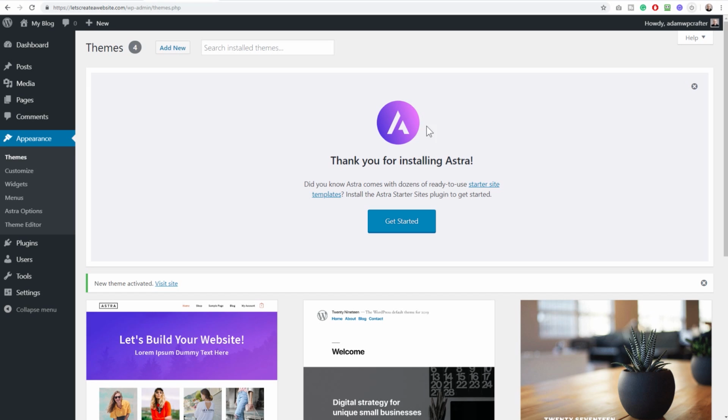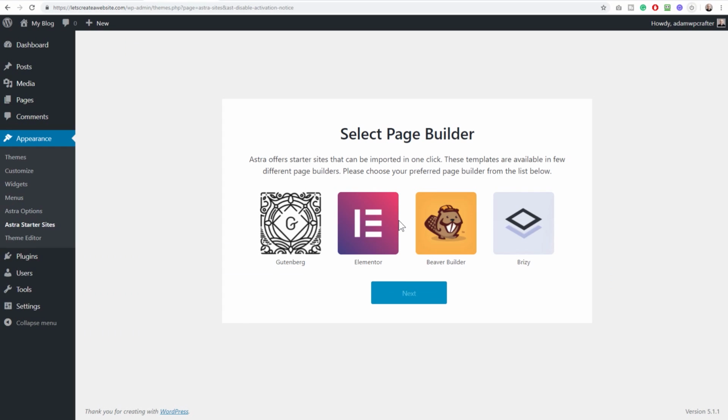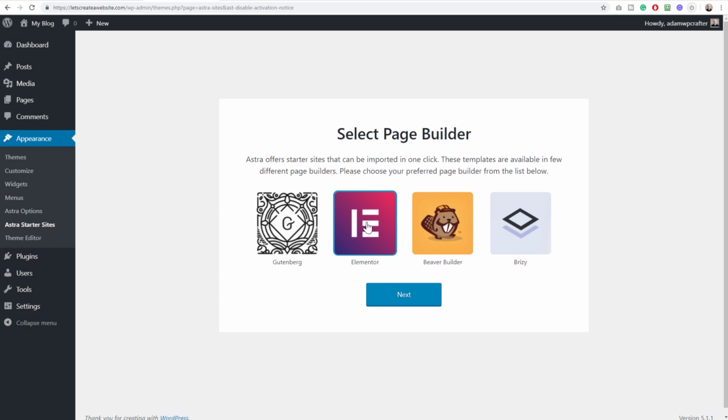Now, when you activate it, it's going to have some kind of a prompt right here letting you know they've created a bunch of websites for you and you can restore them with one click. So I'm going to go ahead and click on Get Started, and it's going to add this plugin called Astra Starter Sites. It's an amazing plugin. So right here, it'll say select your page builder, and here you're going to want to choose Elementor